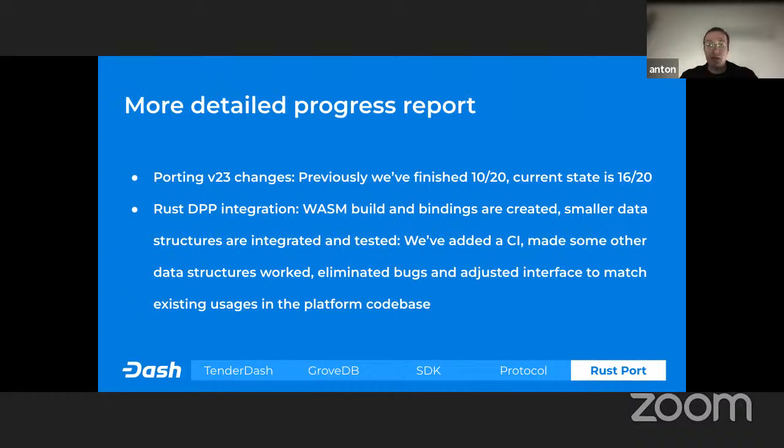Now, as for the estimations on what we're going to do next: in the next sprint, if we all agree that the current infrastructural work is of good enough quality, we'll port the rest of the data structures that are available in DPP. So far, we've ported identifier, metadata, identity, and public keys. We still have documents and data contracts left, as well as state transitions. And that is what we are going to work on in the next sprint. So tune in next time to see how this all is progressing.